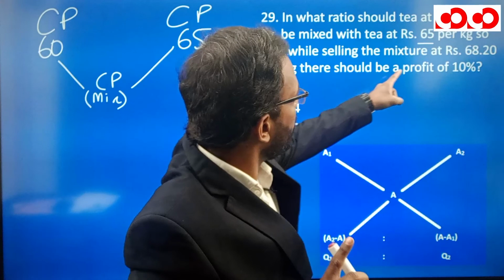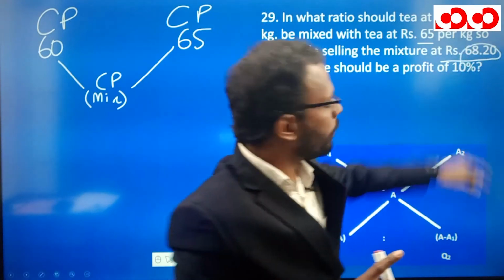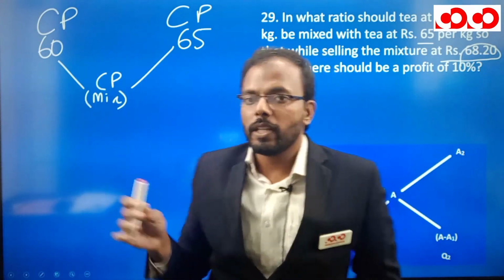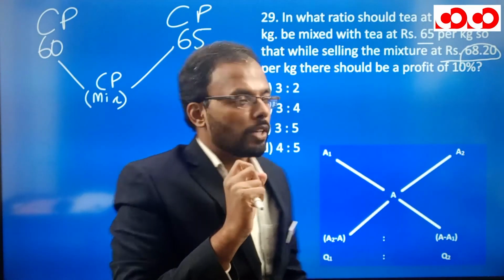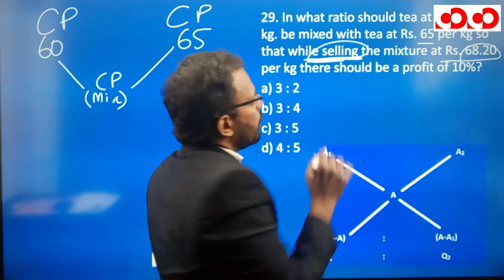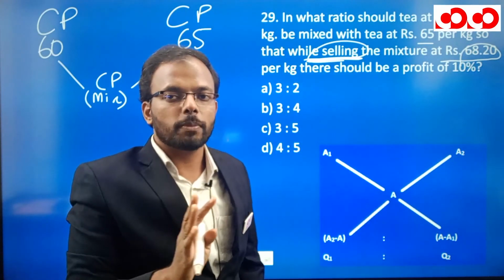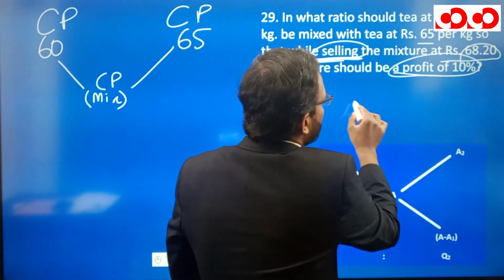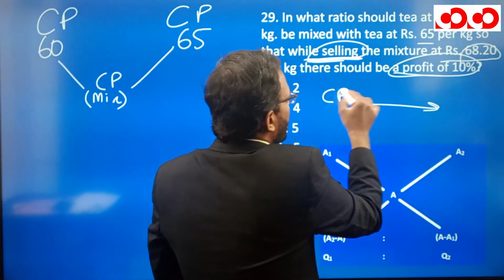However, if we see, this is given 68.2. Now 68.2 is not in between 60 and 65. It is greater than 65. So is this the cost price? No, it is the selling price. So first we need to find the cost price, then we can go there. For that, we are being given the profit percent. Now we know that cost price plus profit